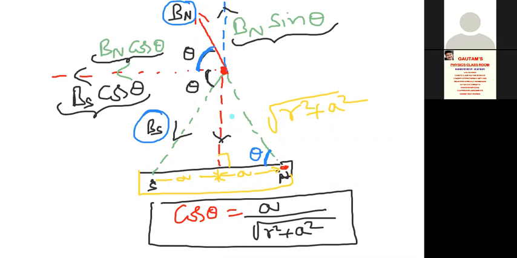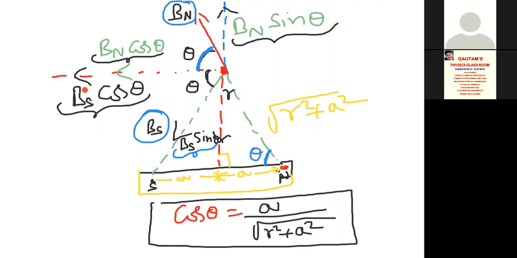Let me erase this R here and keep it at the other point a little up. I'll put R here for convenience. Now Bs cos theta I wrote there. Now where is Bs sin theta? Here we get the formula, that is Bs sin theta. So now observe Bs sin theta and Bs cos theta. Bs sin theta is down. Bs cos theta left. Bn cos theta left. And Bn sin theta above. Bs sin theta down. These two are opposite. Bn sin theta, Bs sin theta, both are opposite. Bn cos theta, Bs cos theta are on the left side.